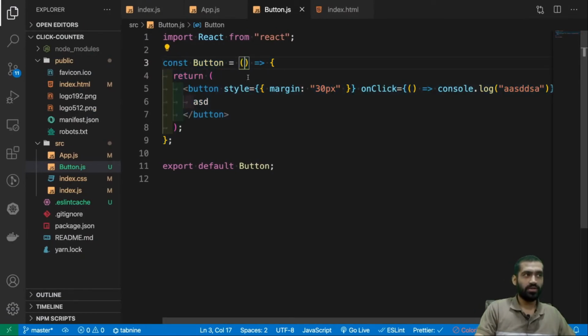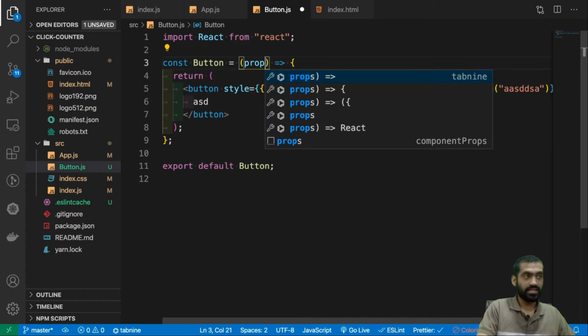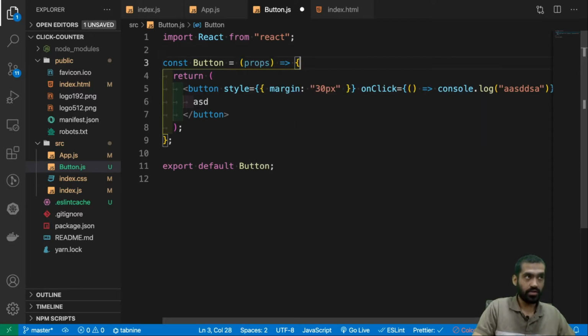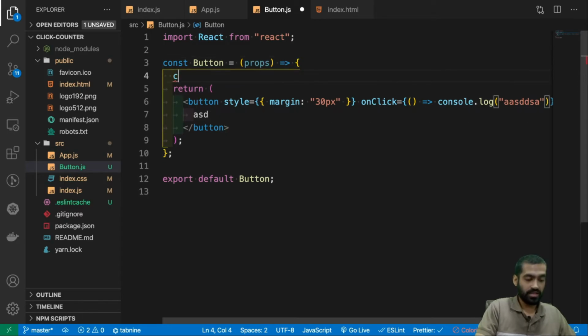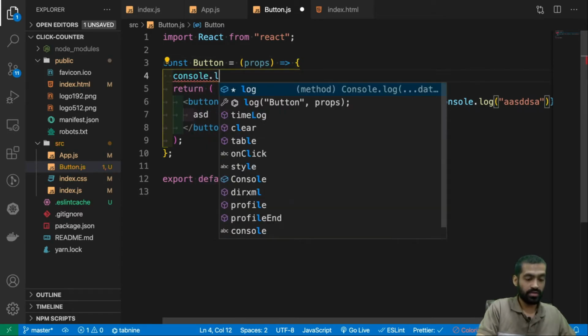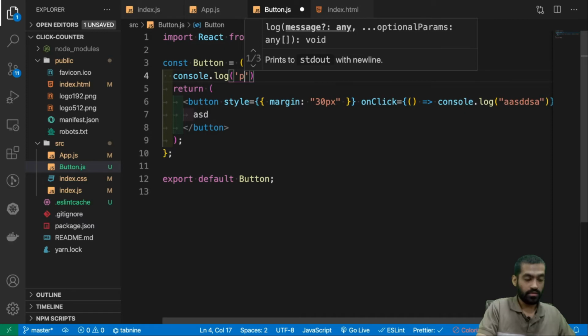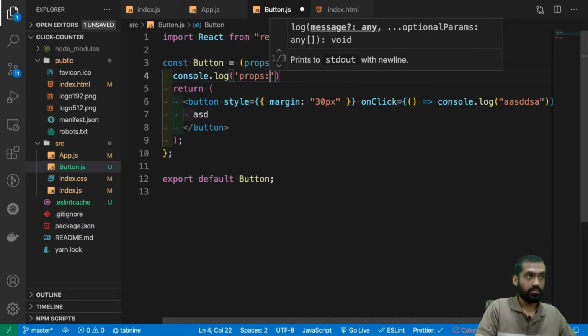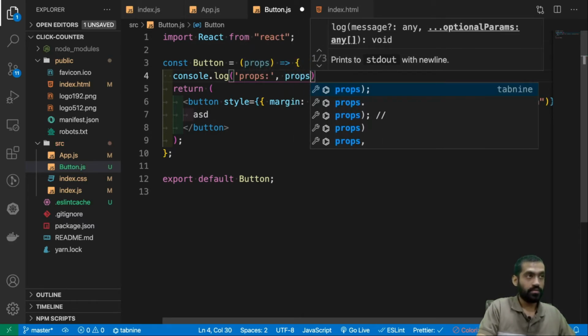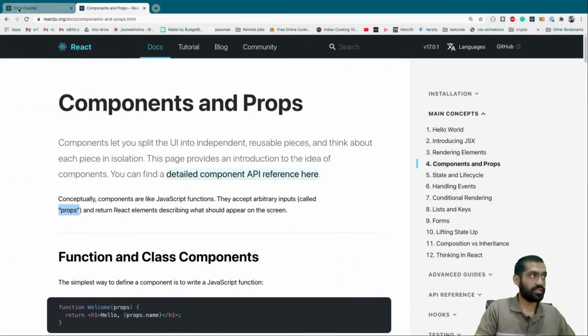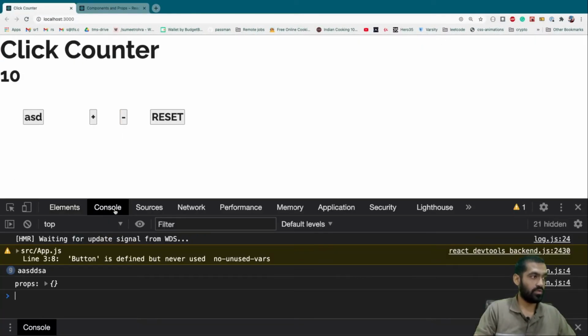So what it's trying to say is that it accepts something called props here, and those props can be used to give me the desired functionality. So let's just console log props here. Let's see what a prop is. Are we passing any prop right now?